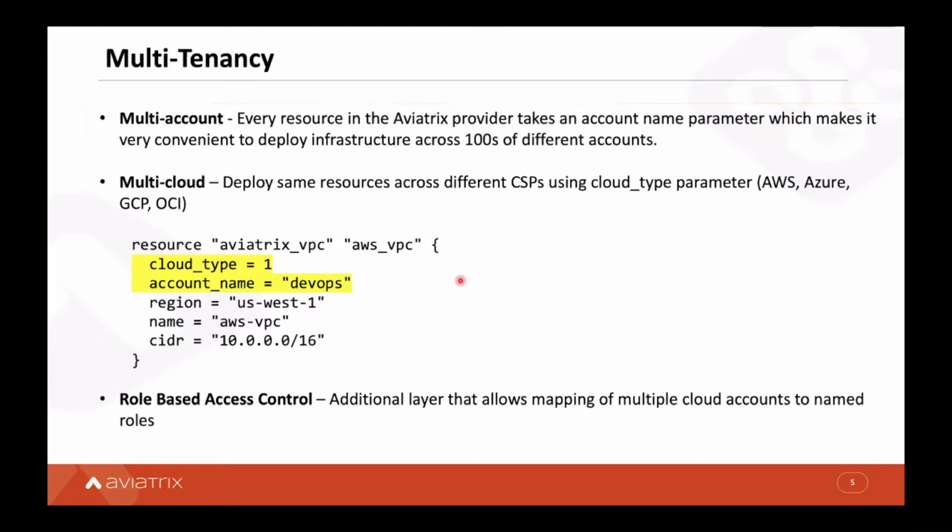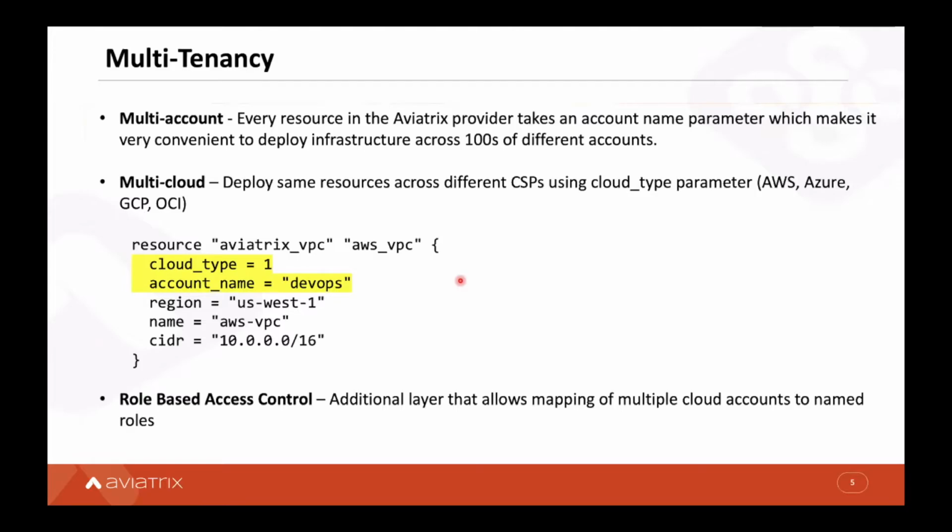And what I have highlighted here are two very significant input parameters that are exposed in every resource in the Aviatrix provider. The first one is cloud type, and this essentially allows you to use the same resource and just switch out cloud type, which means if you switch this to the value corresponding to Azure, this same resource would actually go to Azure and